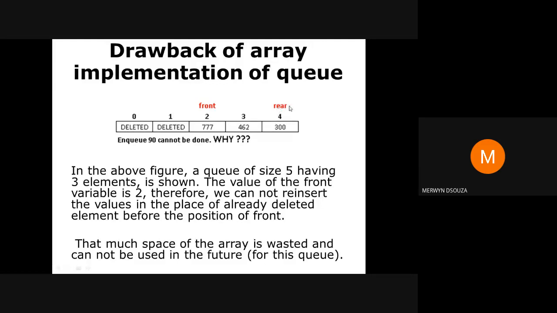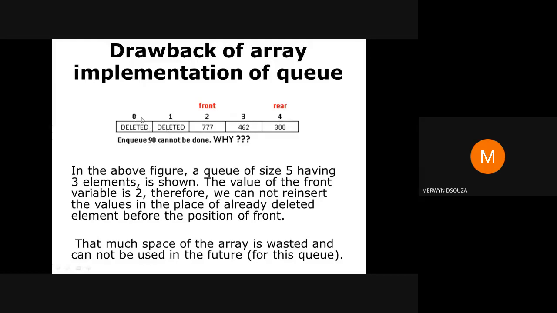If I want to insert one more element here, it's not possible because rear is present at the last index and I don't have any more space in the array. But actually in index 0 and 1, there is no element.